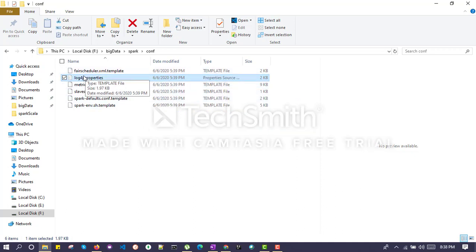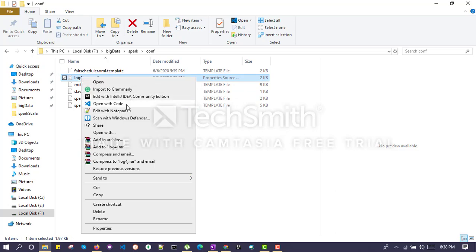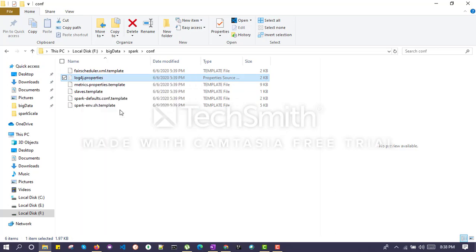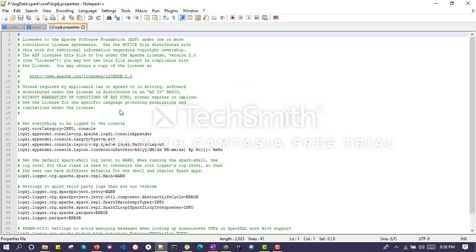After that, open this file and check line number 419. Here the console is set to INFO. So when you launch Spark, it will give you all the information, but we only need the error section. So just type ERROR over here. So only error related messages will be displayed in the console. That's all. Save this file and close it.